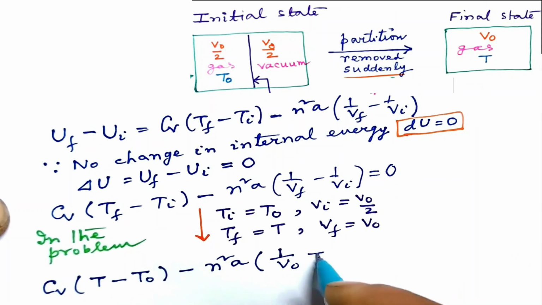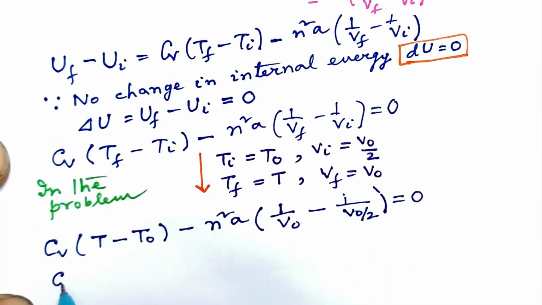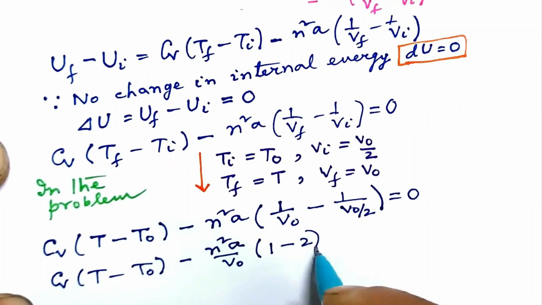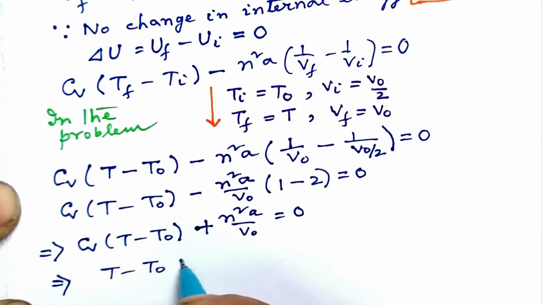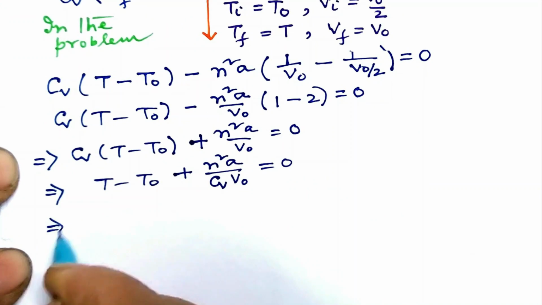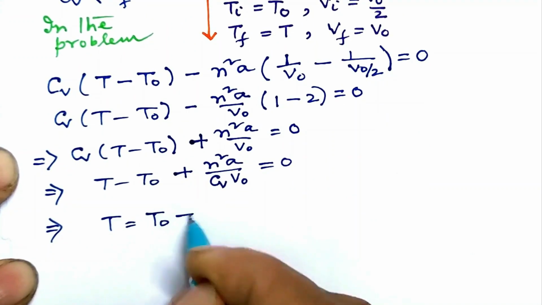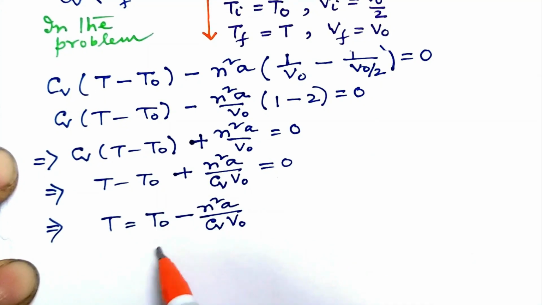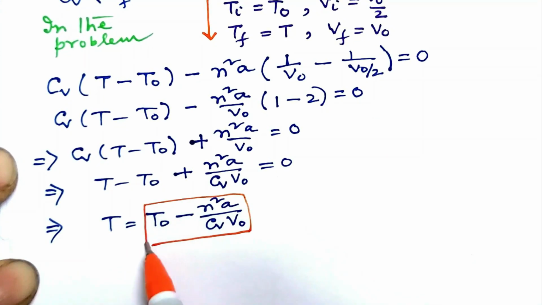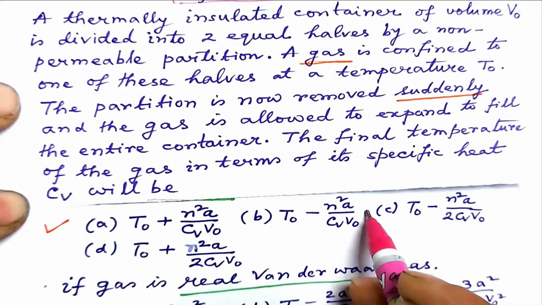Putting these, we get this leads to T equal to T0 minus n square A by Cv into V0. This is the answer. So the correct option is